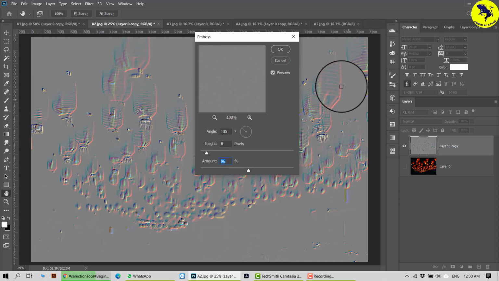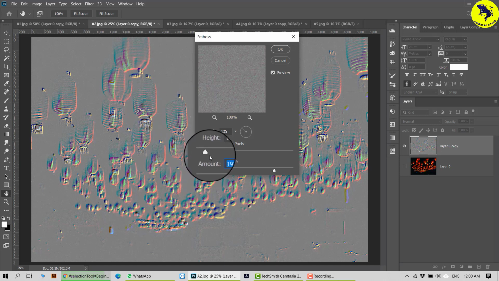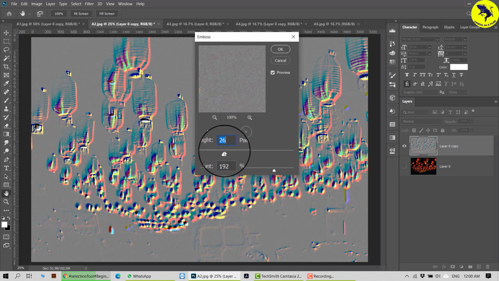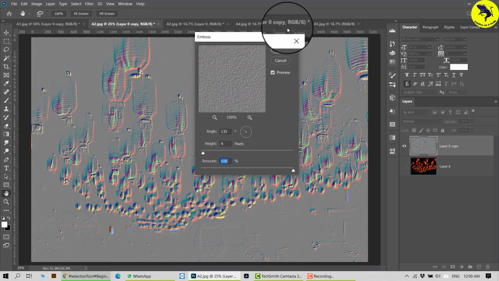It means the area which is more light, or in lighter colors, will be embossed more. If I have to emboss the ones which are on the darker side, I need to increase the amount. Then when you increase the amount, what happens? The ones which are light go much lighter, with a much more 3D effect as you see here, and the ones which are darker will be barely visible for you. Alright, height also is defined. If I give more height, you see it looks as if it is coming out of the picture, but I'll keep some extent like 4, and I'll keep it like complete embossment, and I'll say finish.